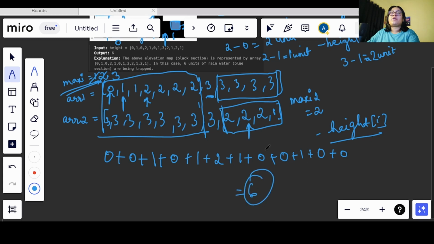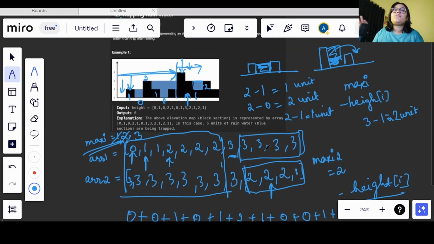and this was our expected output, right? So what did we do here? We simply moved from left to right and we checked for the maximum value. When we found the maximum value, after that we moved from right to left so that we can come across the positions or the condition where we can form a wall. And if the wall is formed, then only we can trap water. So we are finding the minimum value out of that,